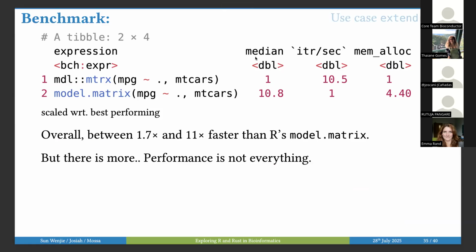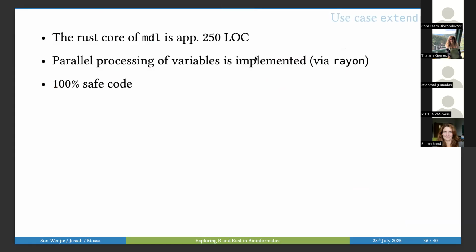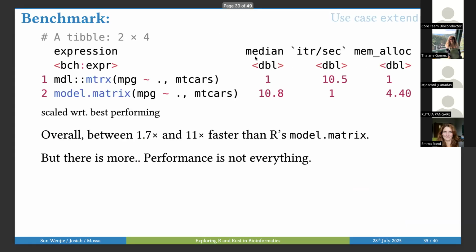So I have experimented with this algorithm and the range. Can you go back one slide? Yes, sorry. With the range, I get either 1.7 times faster than R or 11 times faster than R, dependent on the matrix, the data frame. But performance isn't everything. Sorry.